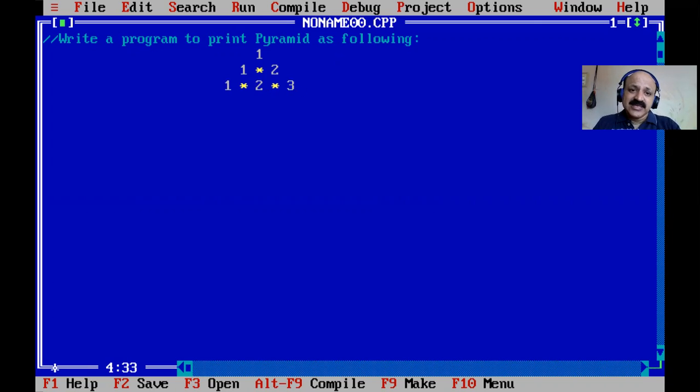So that is a mixed pattern, a number and asterisk, our star sign. Now the fourth row is 1 asterisk 2 asterisk 3 asterisk 4.